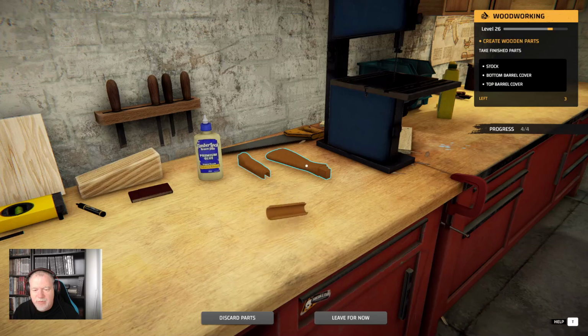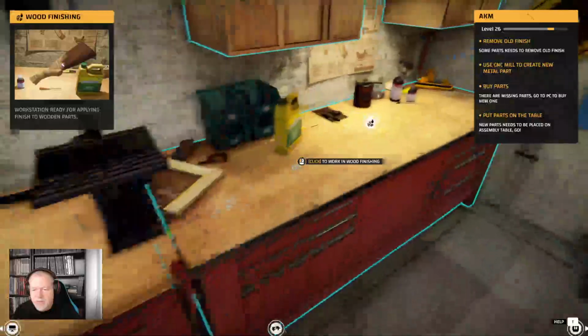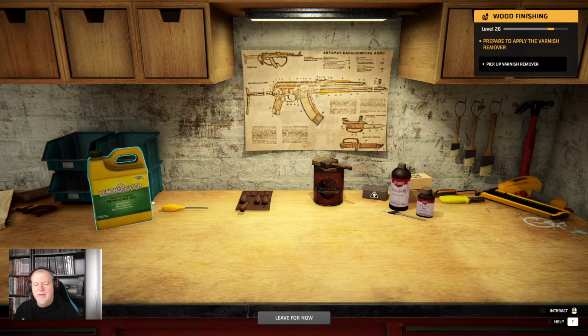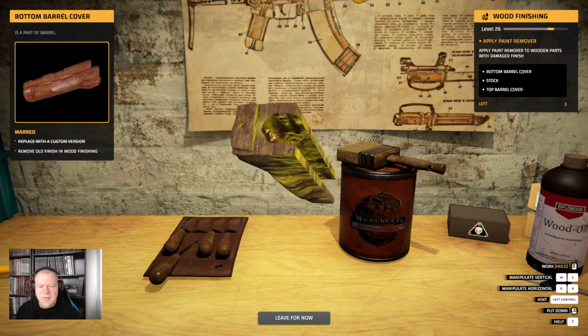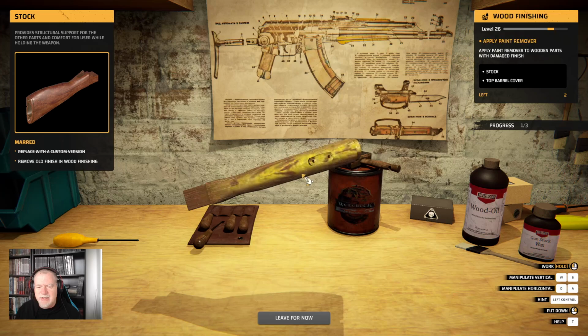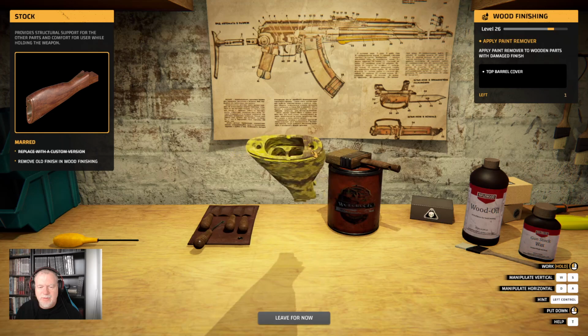Alright, so we can grab our wood pieces and go over to our staining bench now. Okay, so this is a bug with the game. It is in early access, so I've just made brand new wooden parts, but yet it's now getting me to remove the varnish from the existing parts. It won't let me proceed to staining the parts I've made because it wants me to remove the varnish from